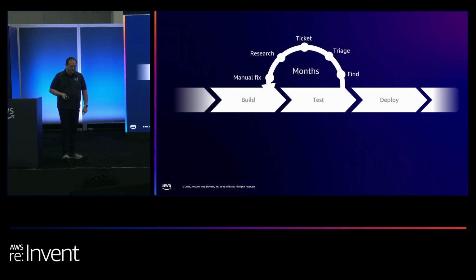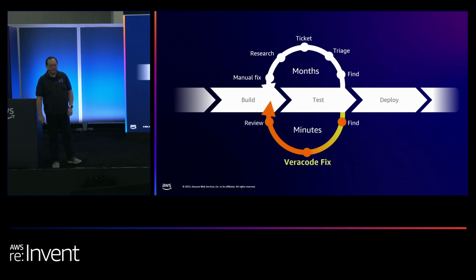And so what Veracode Fix can do, right? Look, if you look at the current way you remediate a flaw, you go through this manual fix, you research it, you create a ticket, you triage it, you find it, et cetera. It takes a whole cycle to go and actually do a flaw fix. What Fix can do is it can shortcut everything from the finding stage all the way back to the manual fix. And so if you think about that development time, they no longer have to go through and look at, okay, well, we found the flaw, how do we actually remediate the flaw? What do we put in there to do it? How do I code it? How do I put it back into the software and test it?